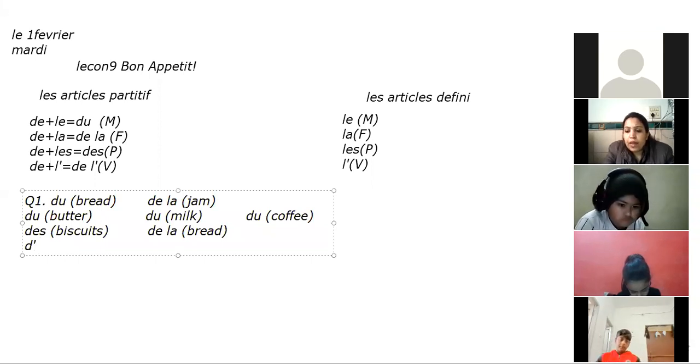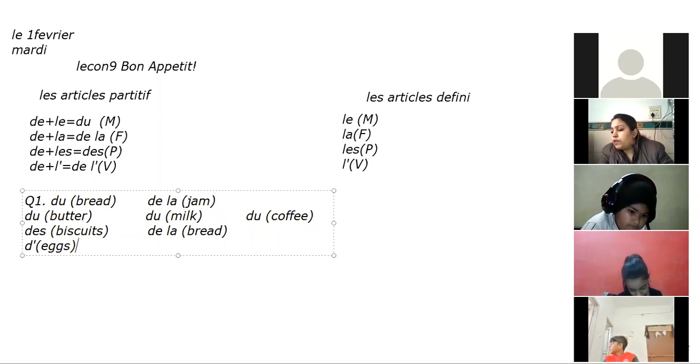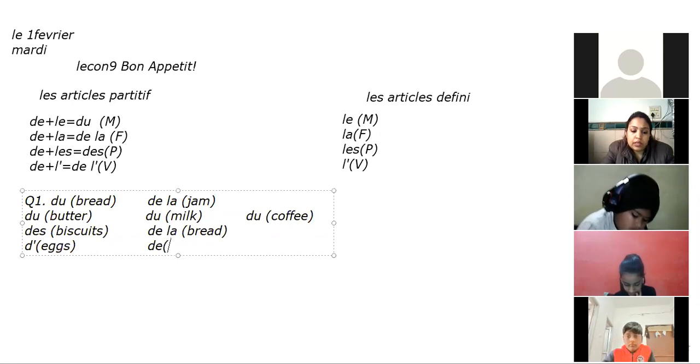Then after this topic, I'm going to tell you the reason. Because of S also, we have placed here D apostrophe. What is the reason? I'll tell you later. Just write D apostrophe. Ups means eggs. Je ne mange pas ups a dash tartine. Again you are going to place here the tartine. Tartine is toast.